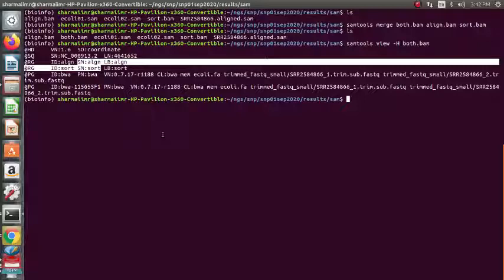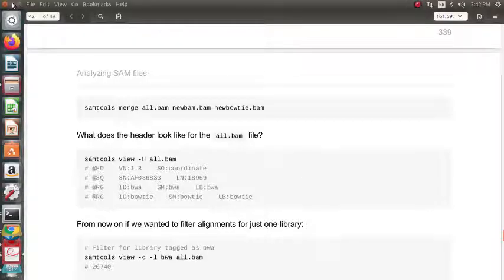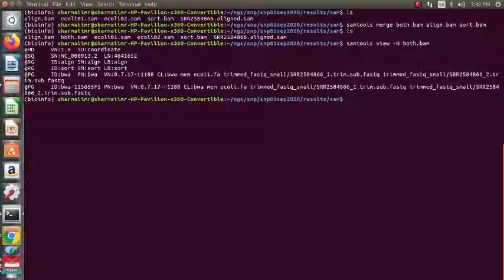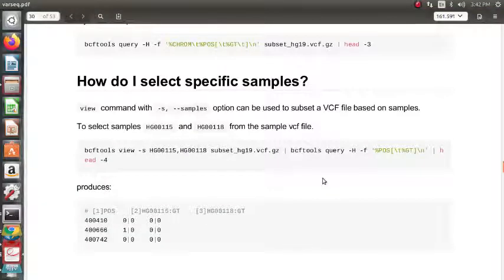So ALGN we got from which SAM file? From the aligned SAM file, right? And sort we got from the aligned and sorted SAM file. So in order to go to this step in the varsec, because we didn't download the human genome dataset, how do we select specific samples?